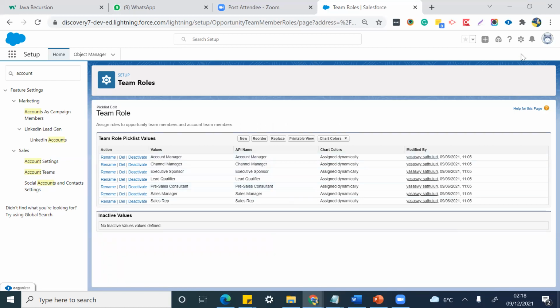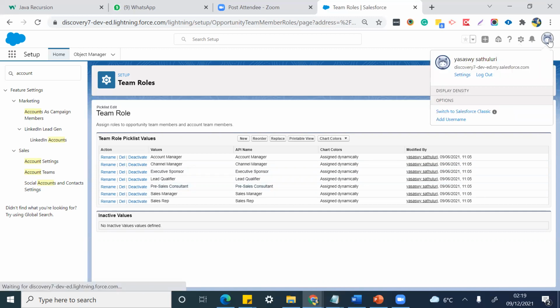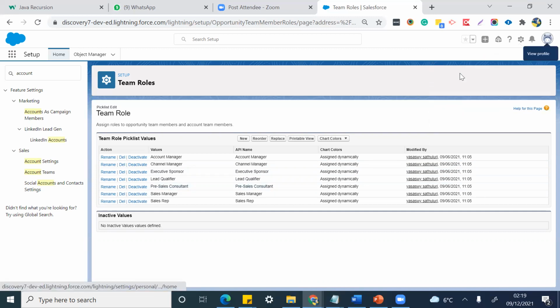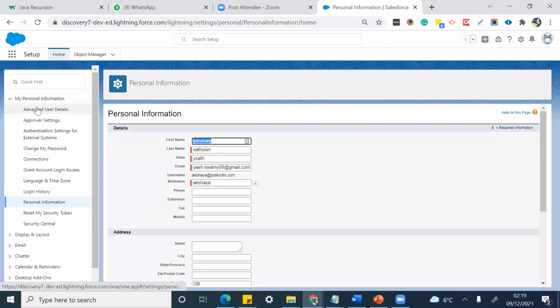Maybe just assume we have added new roles now. Let us say if they are not there and we want to add some team members, then we have to add those before we do that. So go to setup, go to the profile and go to settings. There you have an advanced user details option on the left.